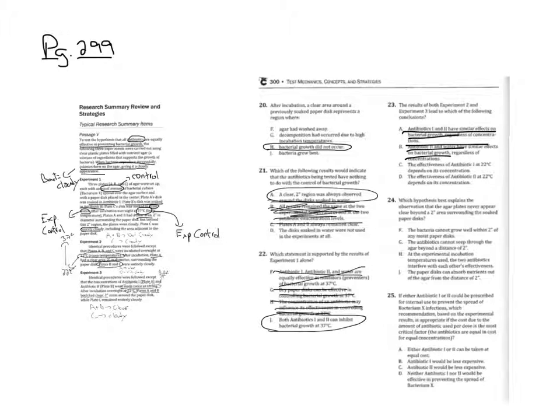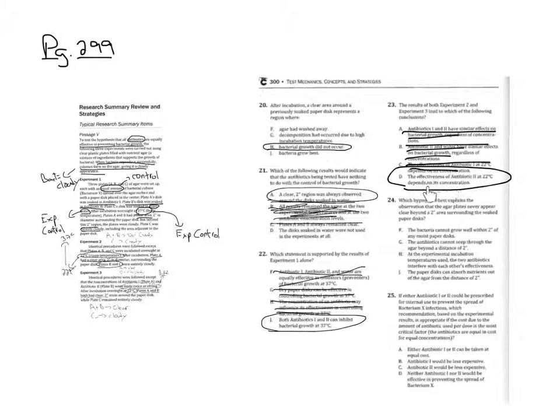How about C? C says the effectiveness of antibiotic 1 at 22 degrees depends on its concentration. Well, antibiotic 1 worked in both experiment 2 and 3. So the effectiveness does not depend on its concentration. So it's not C. So the right answer is D, and if we check this choice, the effectiveness of